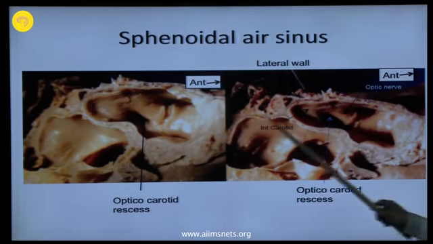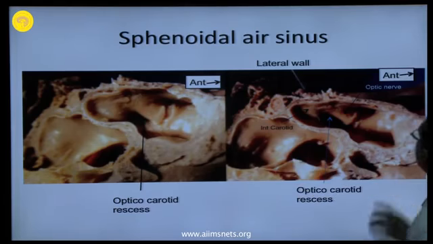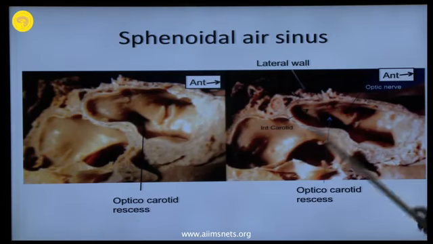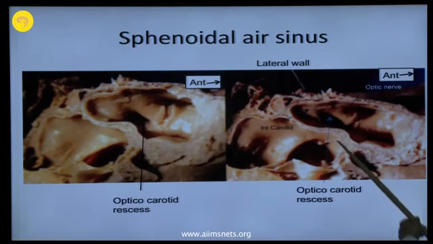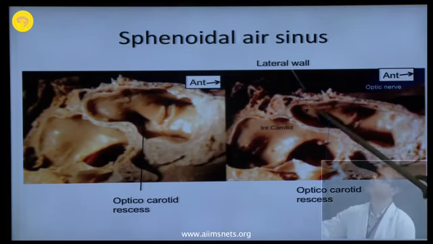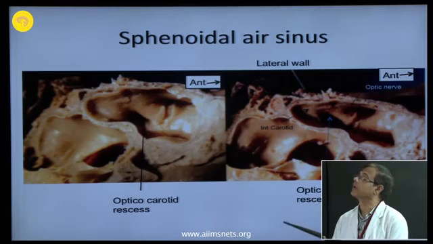Sometimes the internal carotid artery elevations may be very large, and it can touch the opposite side internal carotid artery elevation. In that situation it is called kissing carotid. You have to be very careful about the kissing carotid. Sometimes the incomplete septums may be attached to these carotid elevations.